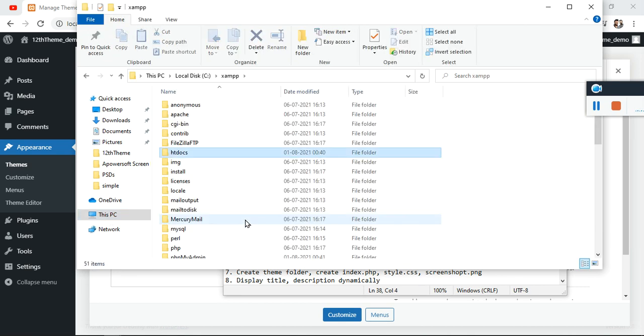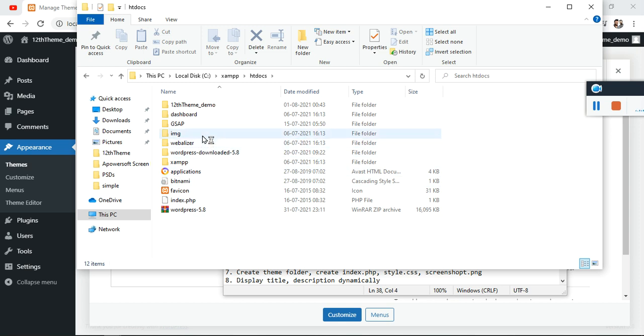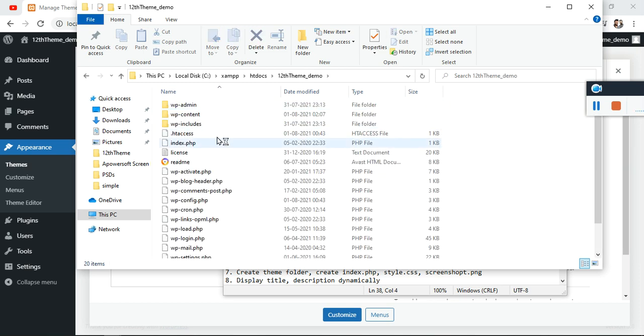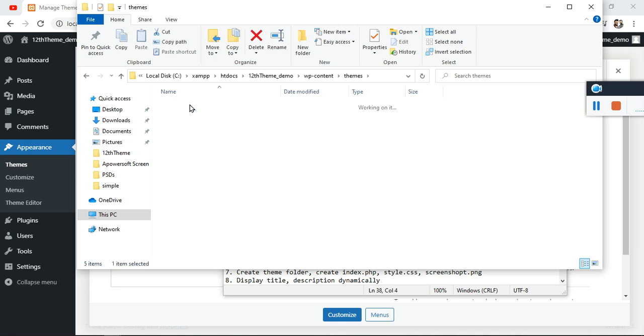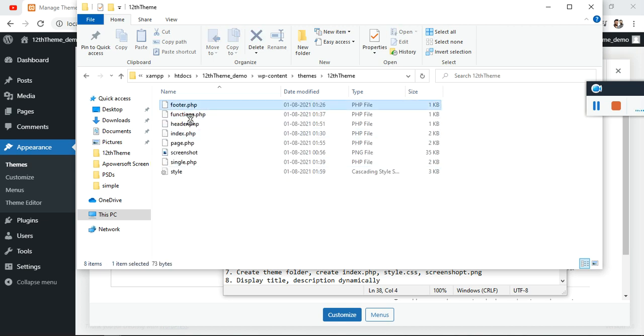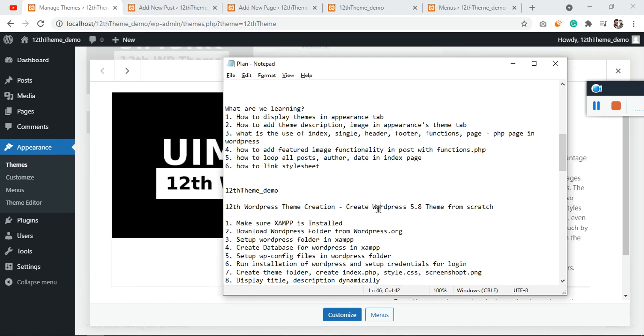We are going to see the individual use of each particular page. In wp-content themes, this is our 12th theme, with footer, functions, header, index, page, single.php, and these are the pages which we are going to get detailed information about.